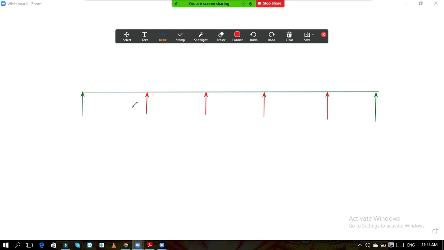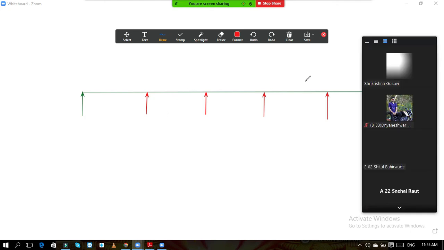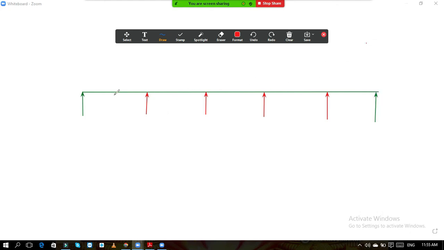Now the load is acting on these panels vertically downward. The center to center distance between each panel is 3 meter. Okay. So now if I want to draw the bending moment diagram of this,